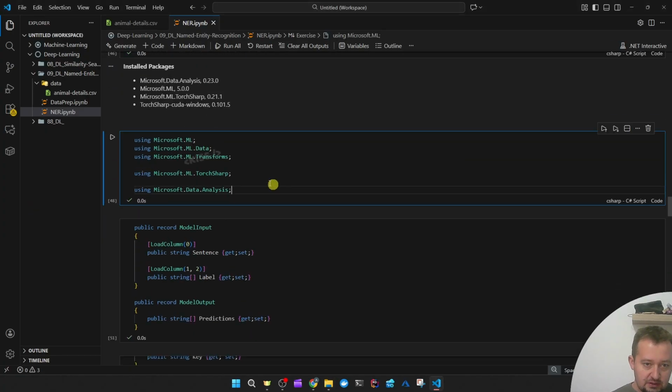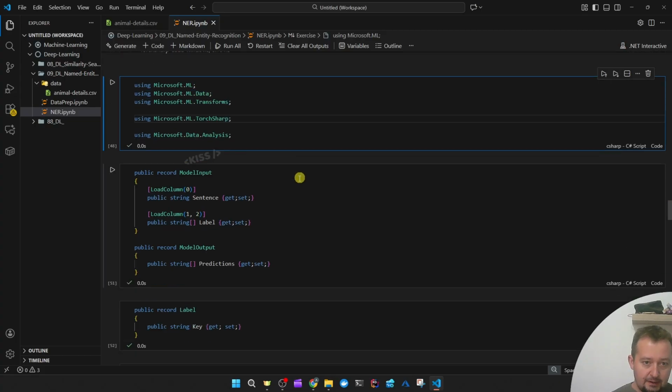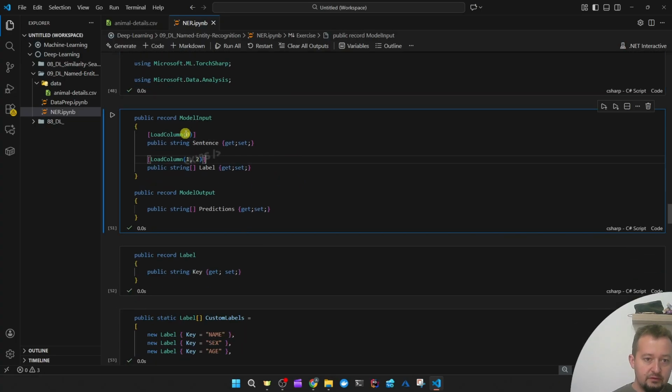Okay, then all our using statements, TorchSharp, data transforms, data analysis. Then we get to the model input, in which the first column is our sentence, and then the second column is our label. But I did it a little differently because this can be of variable length. Both the amount of words in the sentence can be variable, and the label should be labeled